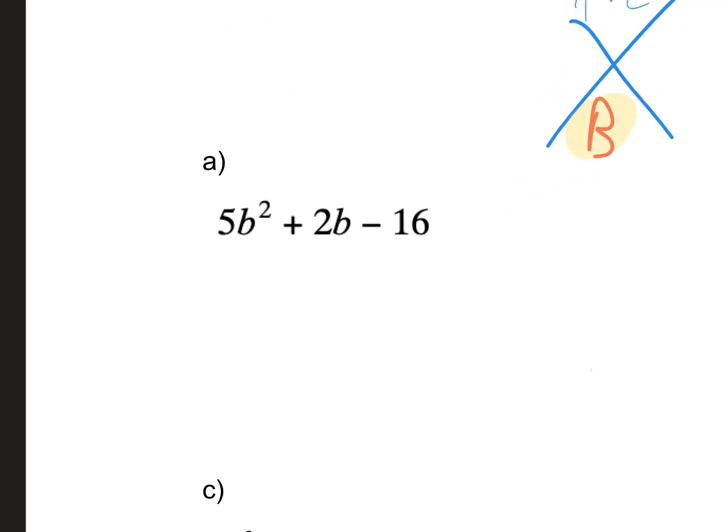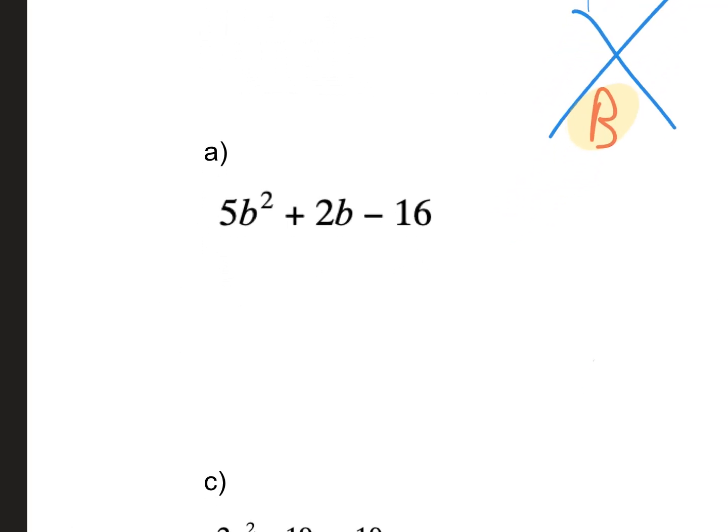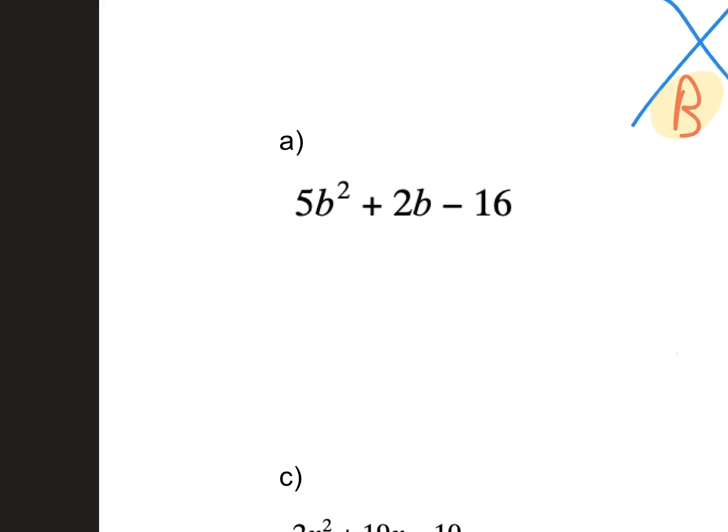So I have 5b squared plus 2b minus 16. So let's go ahead and just do some labeling. My a value is 5 because it's in front of my b squared. My b value is 2 because it's in front of just the b variable. And my c value is negative 16. So we have our values sorted. Now let's actually look at the